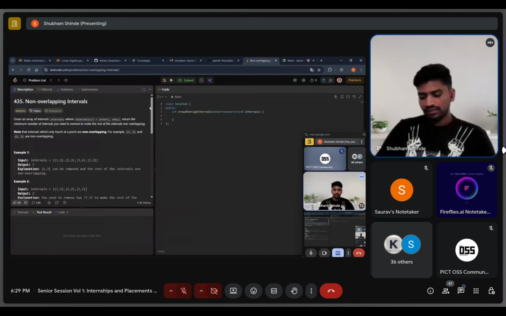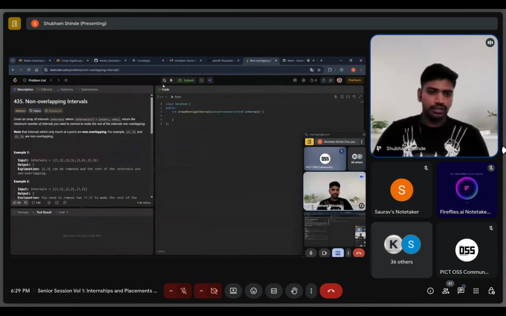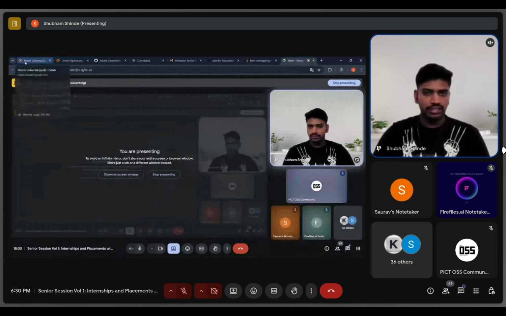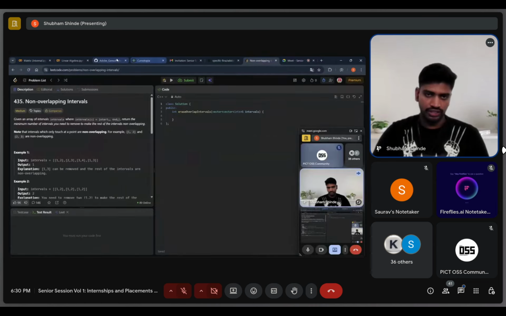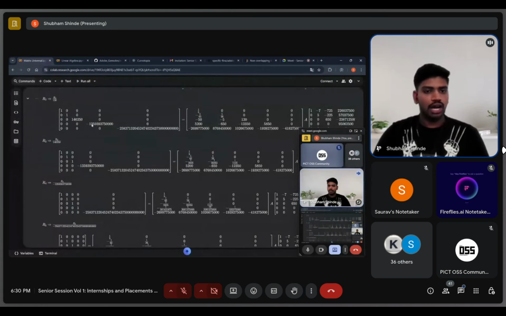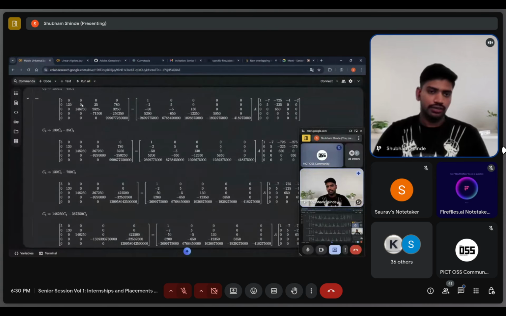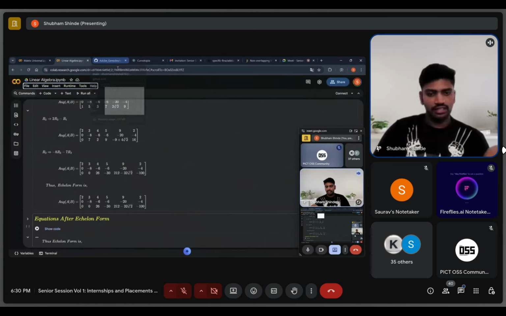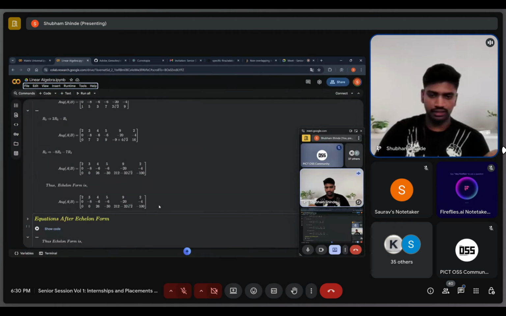Another thing is what types of projects you should build during the second year and third year. Just start with some basic project, like I started with the matrix project in the first year. You can get an idea of how things work, and your fear of coding and all disappears. After learning Python, you can start with DSA with CPP.